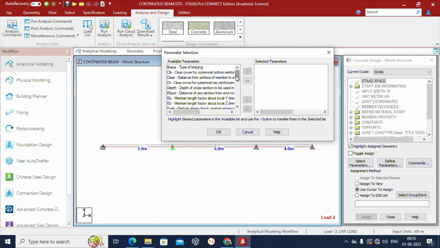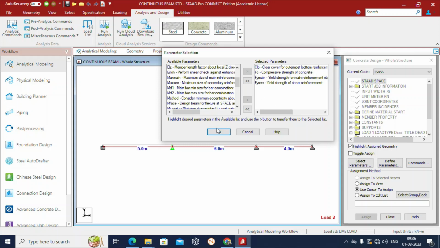We want clear cover from the bottom, compressive strength of the concrete, yield strength of the main bar, and yield strength of the shear reinforcement,